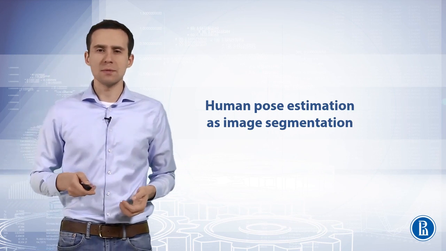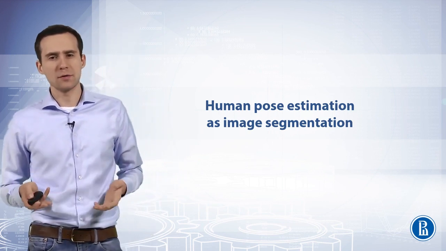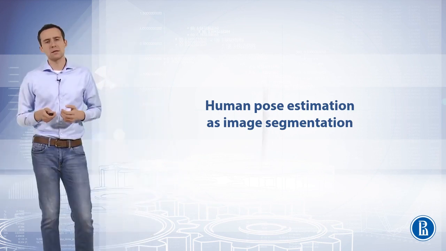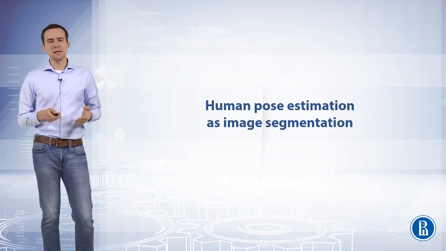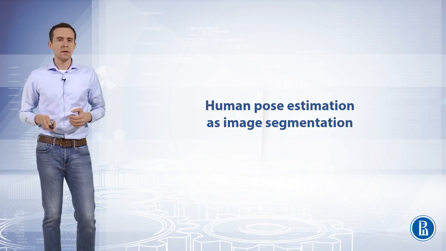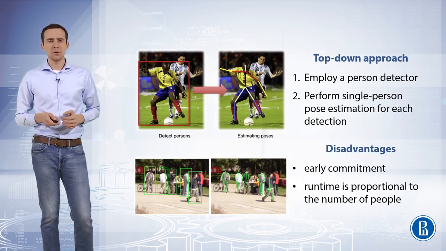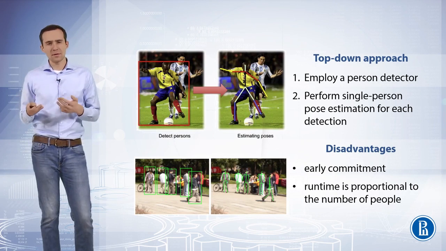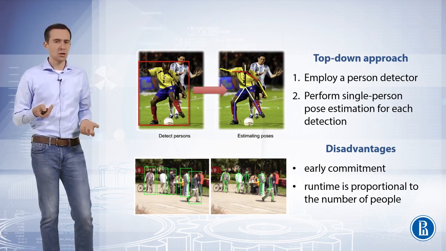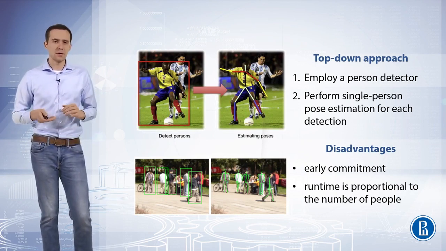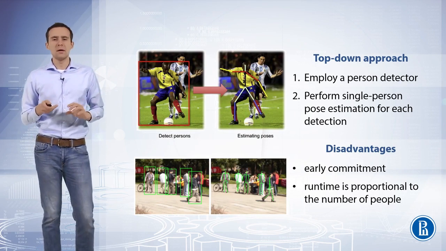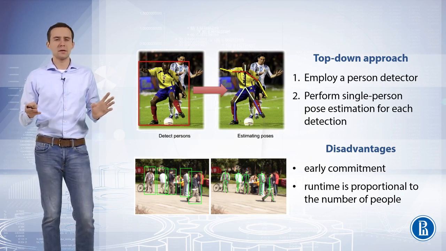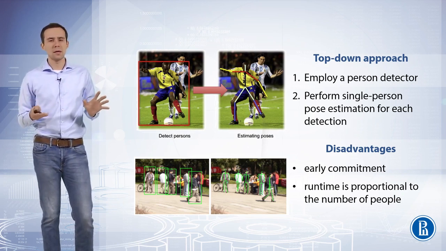Second, interactions between people induce complex spatial interference due to contrast and contact, occlusion and limb articulations, making association of parts difficult. A common approach is to employ a person detector and perform single-person pose estimation for each detection. That's a top-down approach that directly leverages existing techniques for single-person pose estimation but suffers from early commitment. If the person detector fails, and it may do so when people are in close proximity, there is no recourse